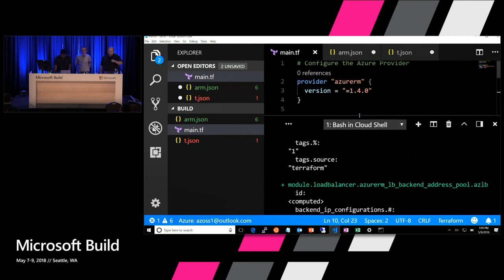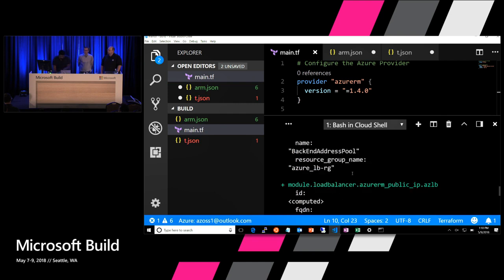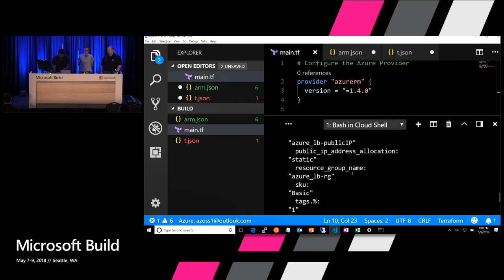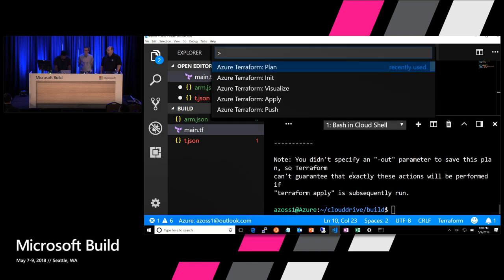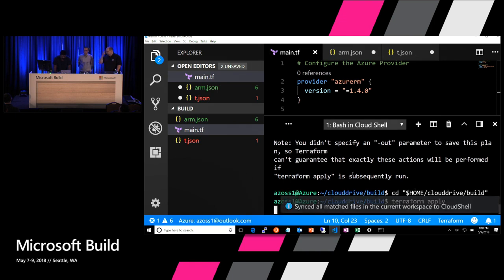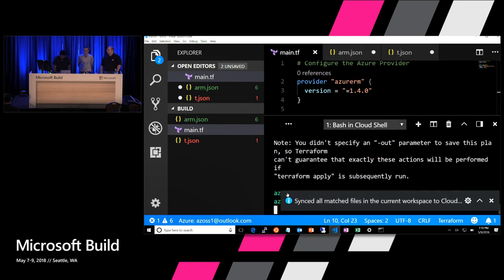So with this, all the underlying complexity of the module is completely abstracted away for you. Things like IP configuration, public IP, and all those things that you see here are getting created for you from this very simple single sense. So once you try to do a run, which is an apply in this case,